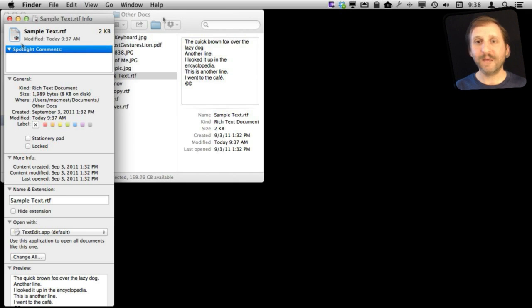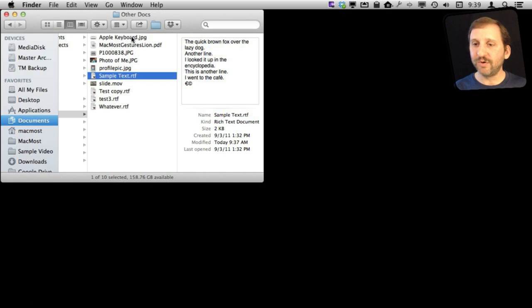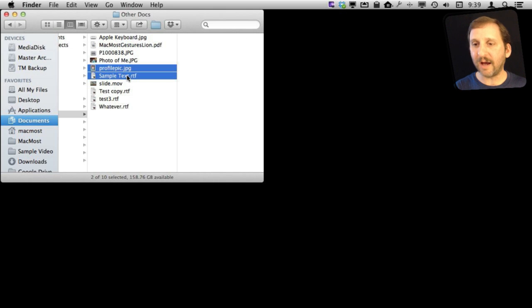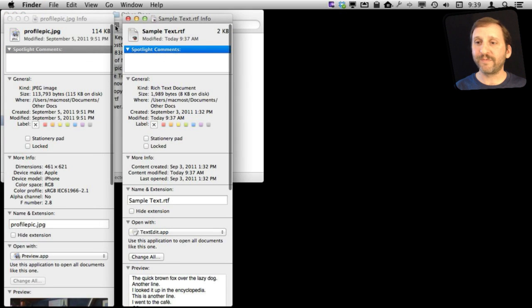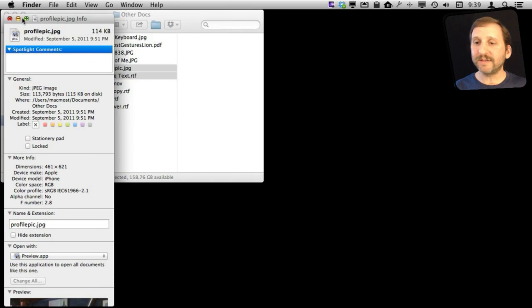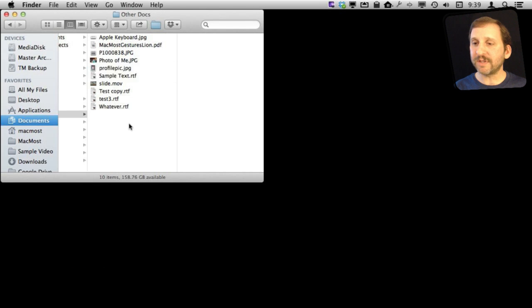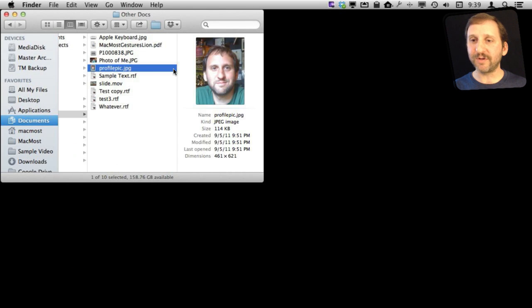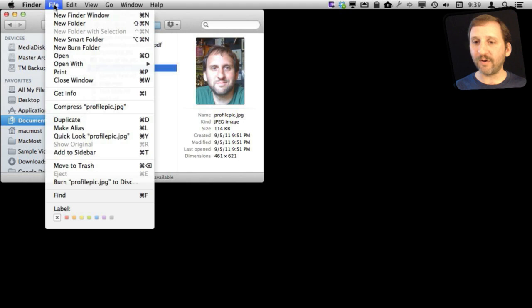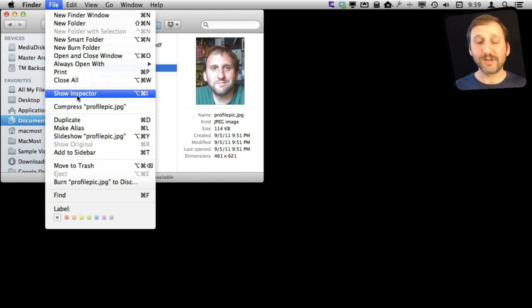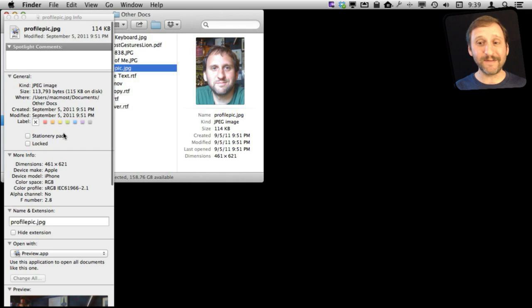with a custom icon. Now what would happen if I selected two files and I did Command-I? I get two separate windows for them. But if instead I use the Option key, let's select one file and use the Option key. Now watch what happens under File. If I hold down the Option key, Get Info changes to Show Inspector. Basically it's the same window. If I open it up you may not even notice anything different, except the title bar here is a little